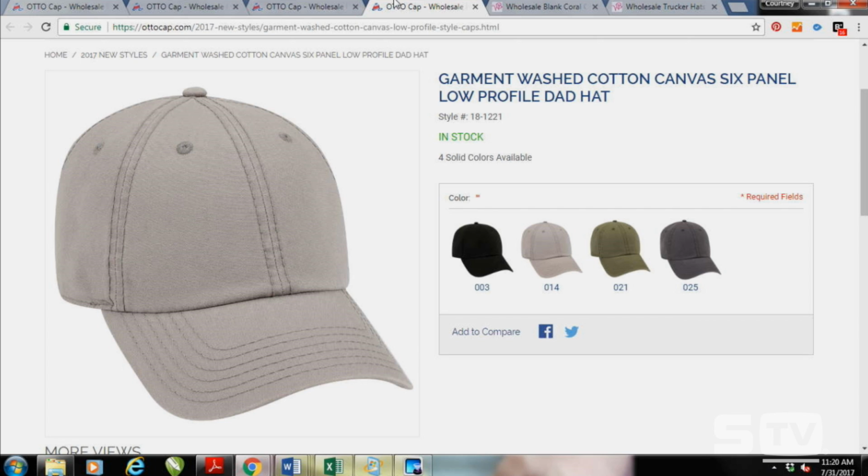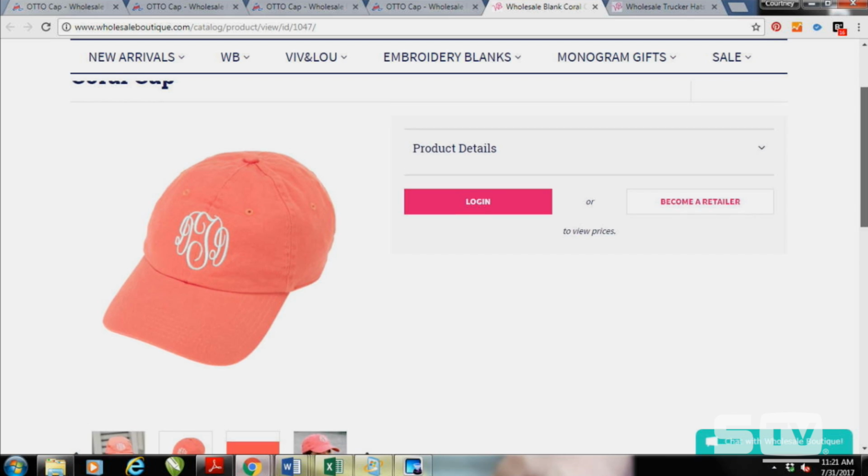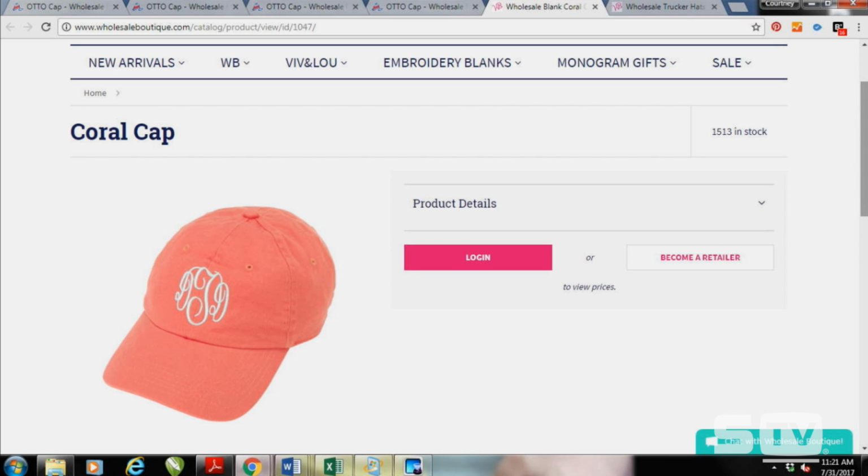We're seeing a lot of the dad hats used in ladies' apparel there, and that kind of moves us over to a popular unstructured cap style from Wholesale Boutique, which has the variety of colors that we usually are looking for: coral, mint, purple, white, some of those really bright lady shades. And again, that's the most popular style that we see, kind of an unstructured, simple hat there for ladies,